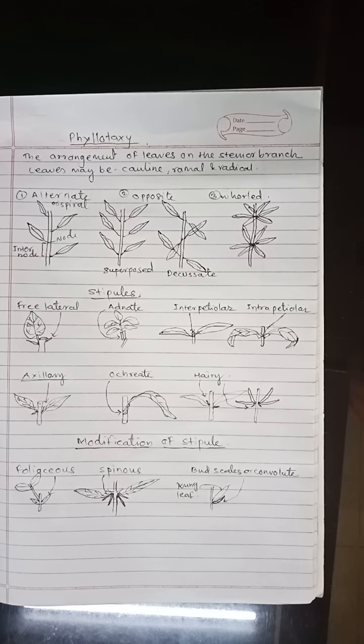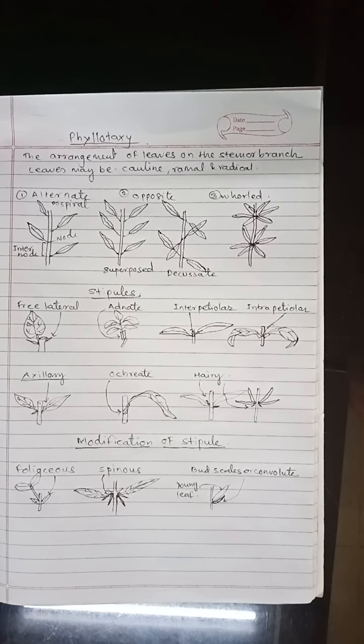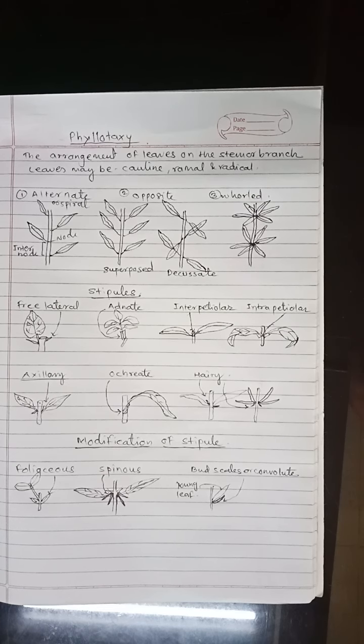The arrangement of leaves is called phyllotaxy on the stem or branch, and if the leaf is stem borne it is called cauline. If it is branch borne it is called ramal, and when it is root borne it is called radicle. The arrangement of leaves is of three types: alternate or spiral arrangement, opposite arrangement or opposite phyllotaxy, and whorled